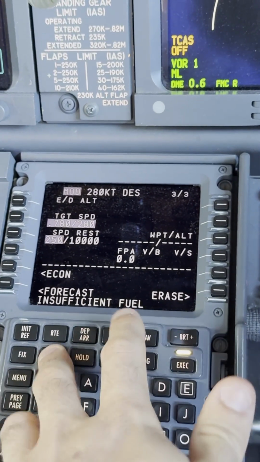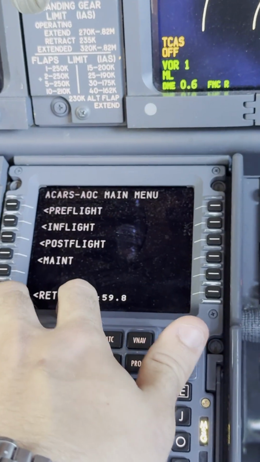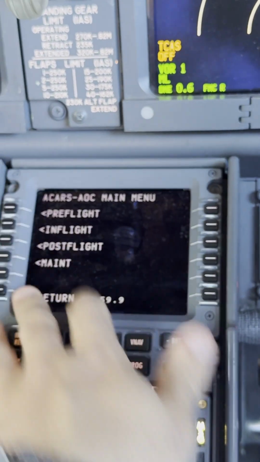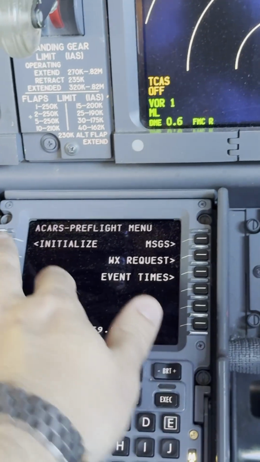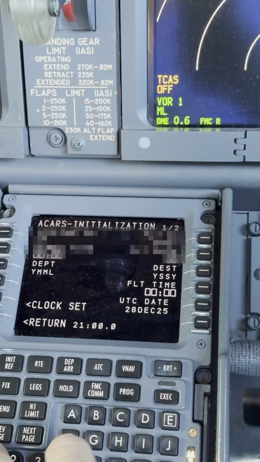Here we've got VNAV, we've gone through climb, cruise, descent. Here we've gone to legs, quickly requested the ACARS winds. And now that that's done, whilst that ACARS wind is being requested, we're going to go into our ACARS initialization